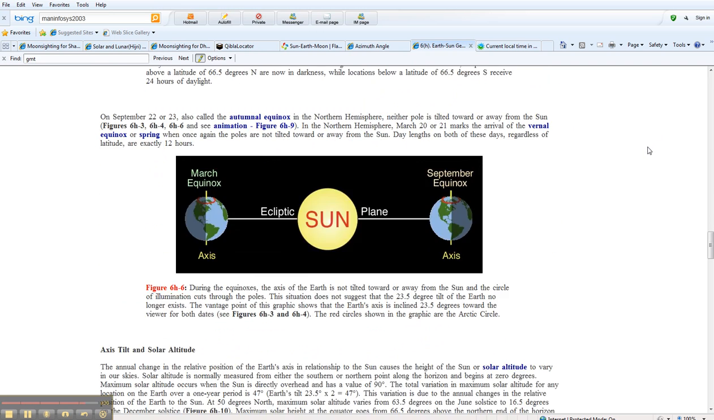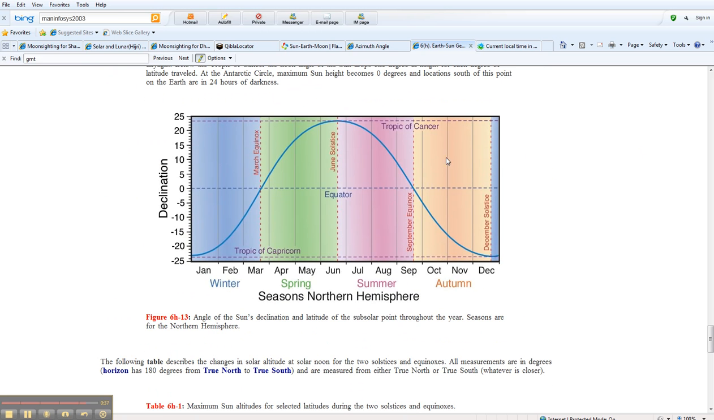So here is the graph which has a formula, of course, and which determines the number of hours of day and the number of hours of night on a particular day. So if it is June, the positive declination means it's going to be the biggest day of the year for the northern hemisphere, and vice versa for the southern hemisphere. December 21st means it is minus 23.5, so it means the shortest day of the year, and the biggest night of the year for the northern hemisphere, and vice versa for the